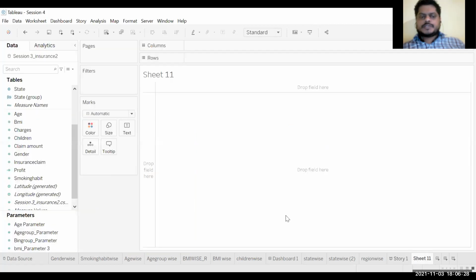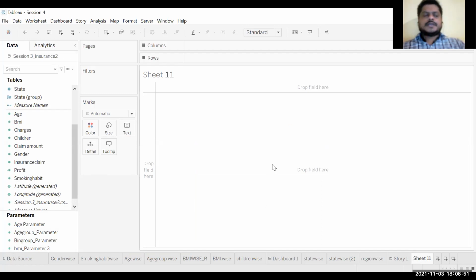Today we are going to discuss something interesting. There is something called a quadrant analysis, and that is easier to do in Tableau. So what do we mean by quadrant analysis? Right now, what we have done is created different groups and sets. We have created a histogram through which we wanted to understand